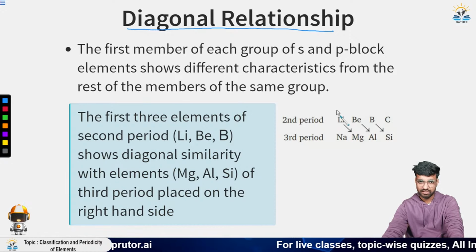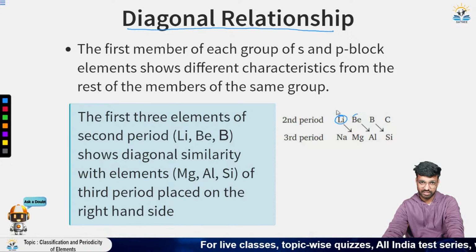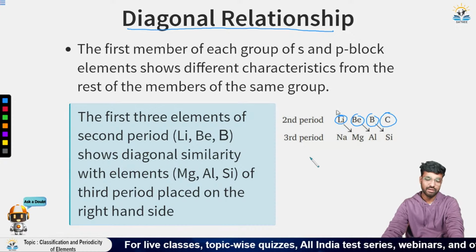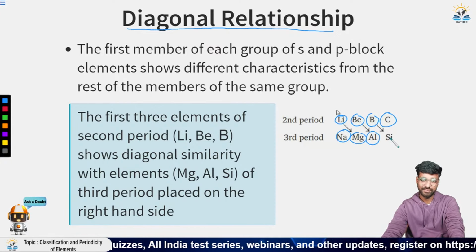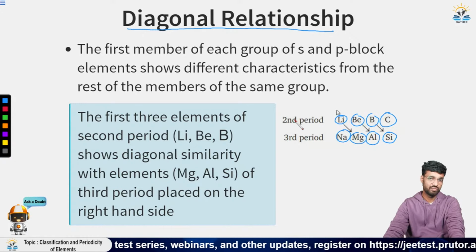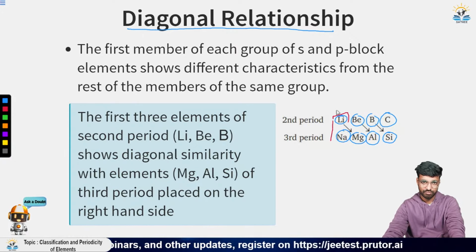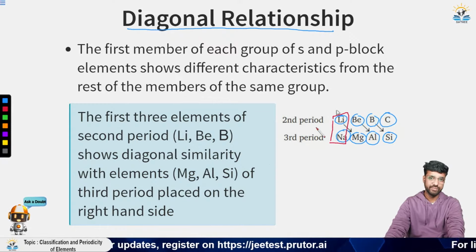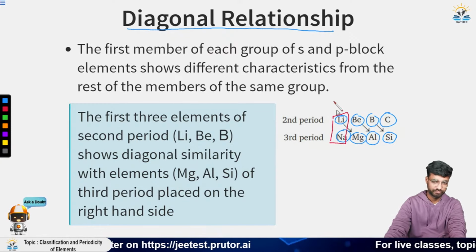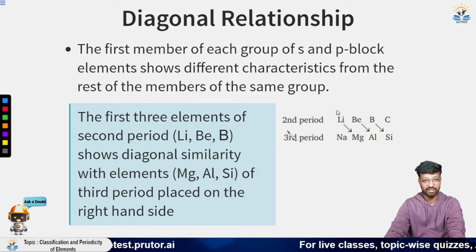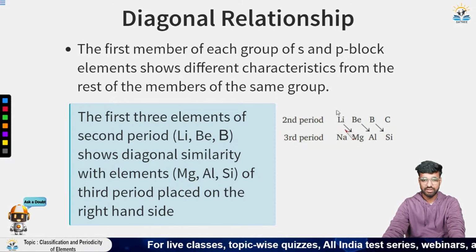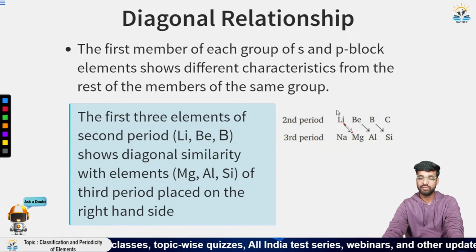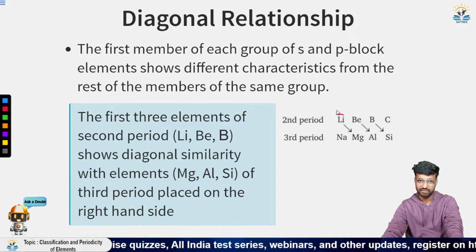If we take the second period, that is lithium, beryllium, boron, carbon, and compare it with the third period, that is sodium, magnesium, aluminum, and silicon, then in general one would say these are in the same group, so they should have the same properties, but it is not so. This is not the general case, and we know very well that chemistry is a game of exceptions. If you observe the chemical and physical properties, it can be clearly seen that there is a kind of diagonal relationship